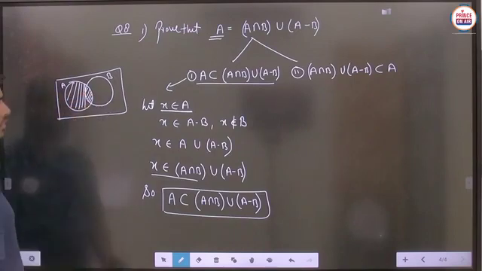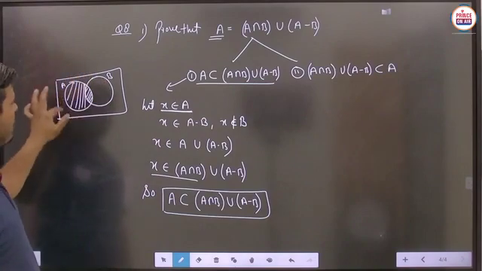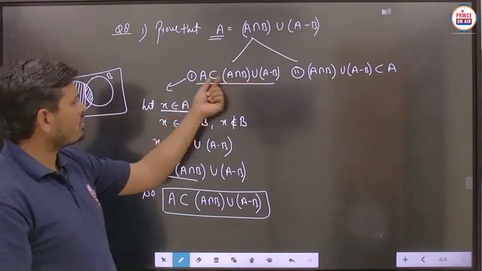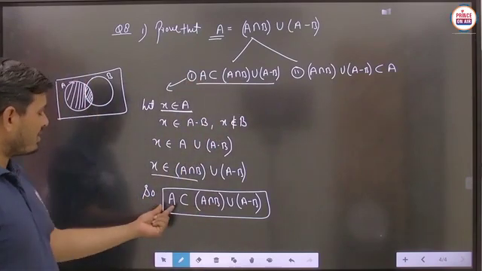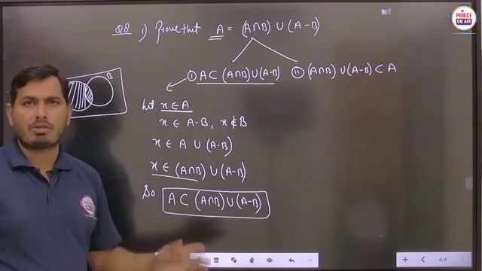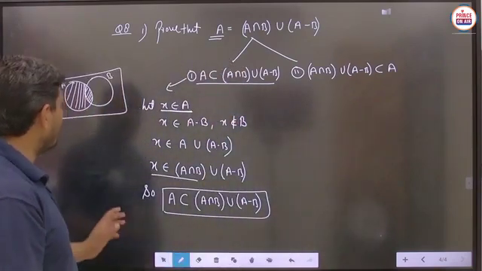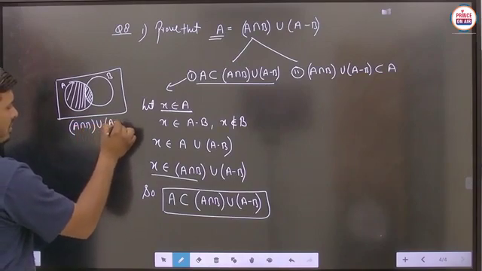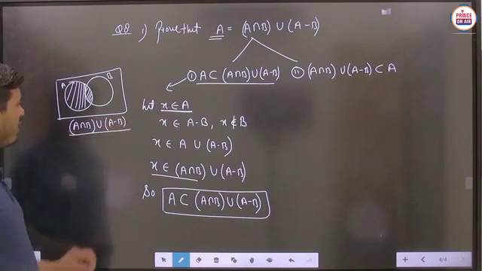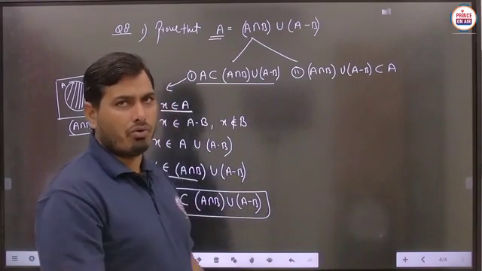So now student, this particular whole part is represented like this, then definitely this should be equal to the set A or not. If this part is equal to the set A, then you can say that this A is found to be a subset of (A intersection B) union (A minus B). So this is the Venn diagram for (A intersection B) union (A minus B). So you can take the help of a Venn diagram also, and understand the thing now, no problem.